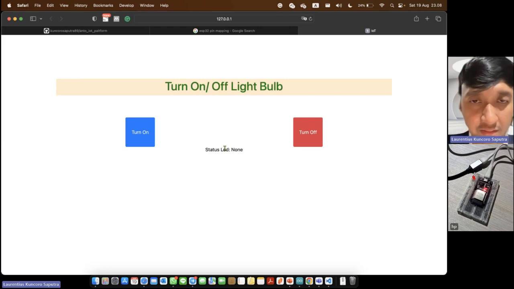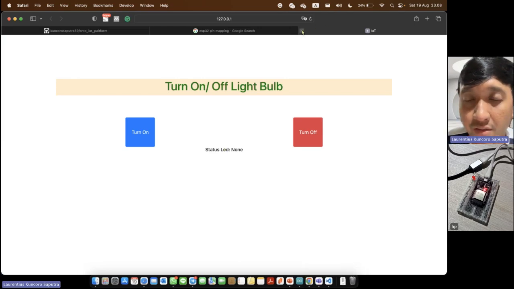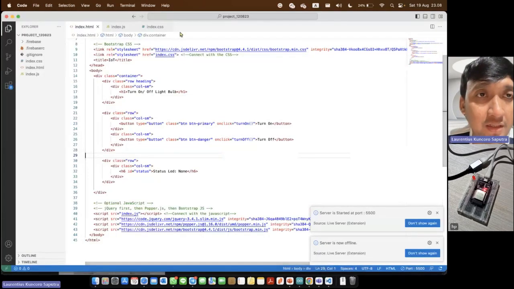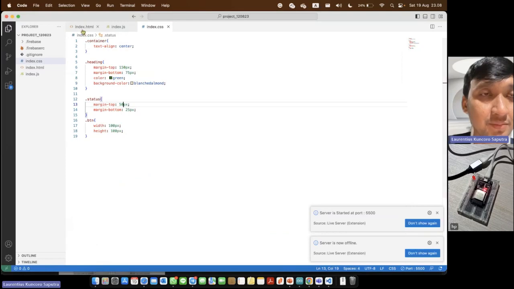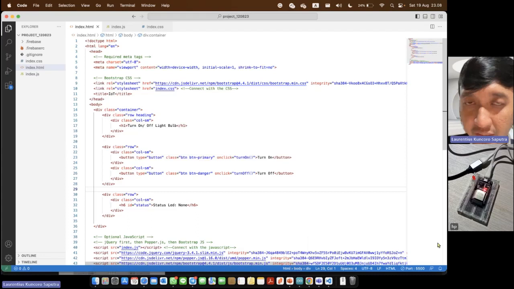Okay, the HTML file is finished, and we can go to index CSS.